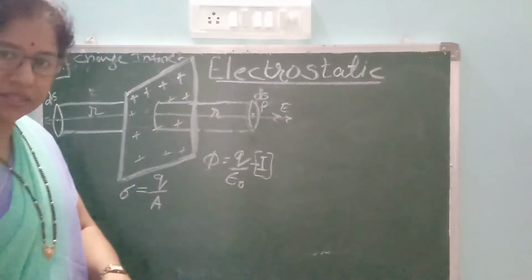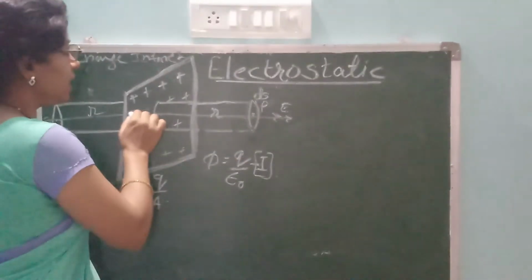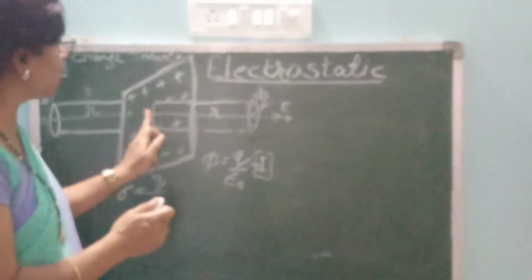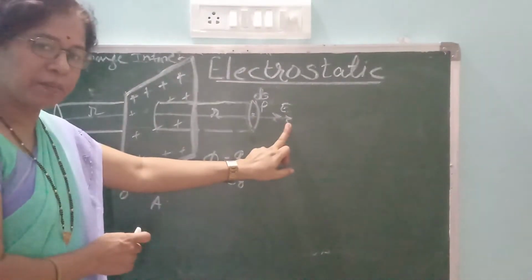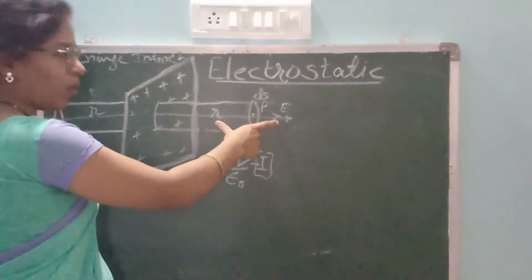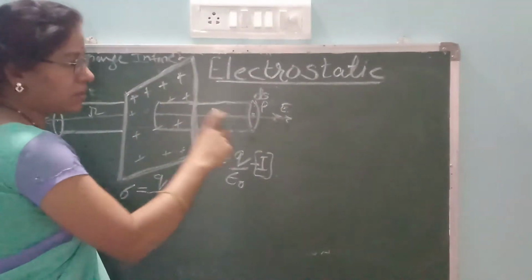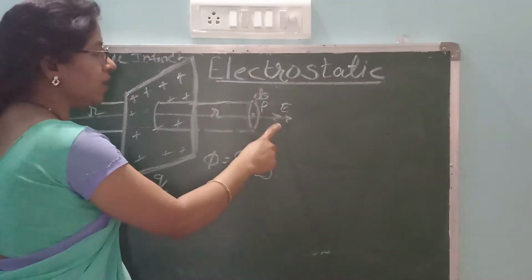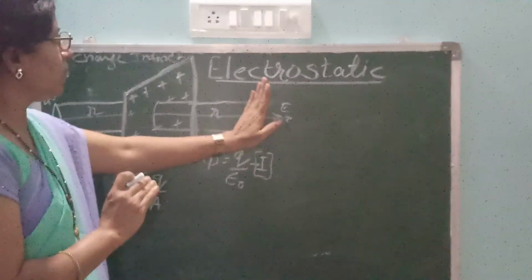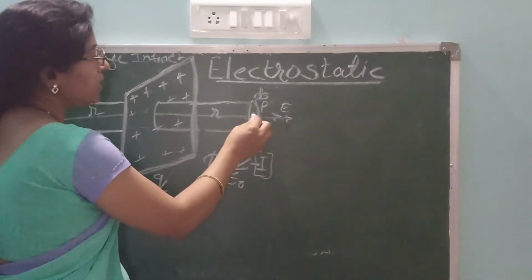Now by the symmetry, the electric intensity is perpendicular, at right angle to the plane sheet. Here you can see that the electric intensity is perpendicular. So we will say that the electric field is in the radially outward direction. Again, the magnitude of the electric field at every point of the surface must be the same, here also and here also. So this magnitude is the same.